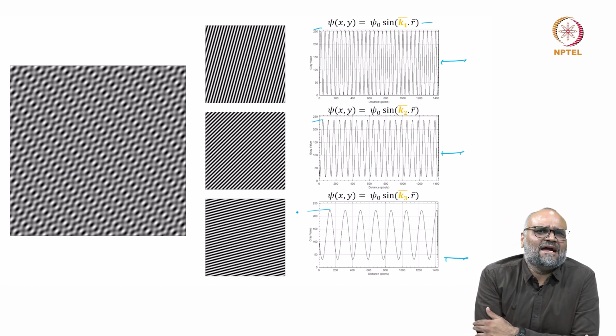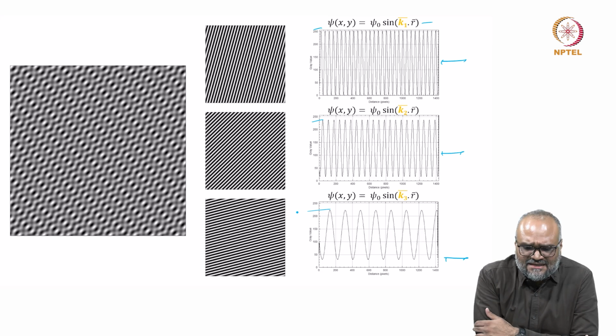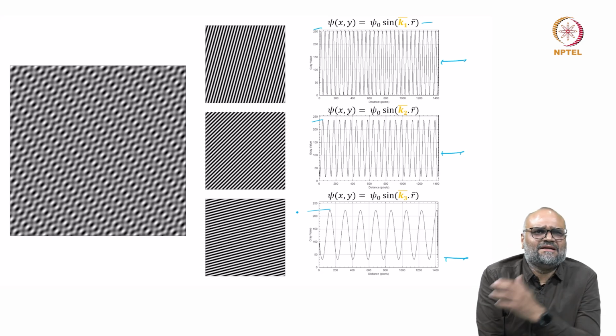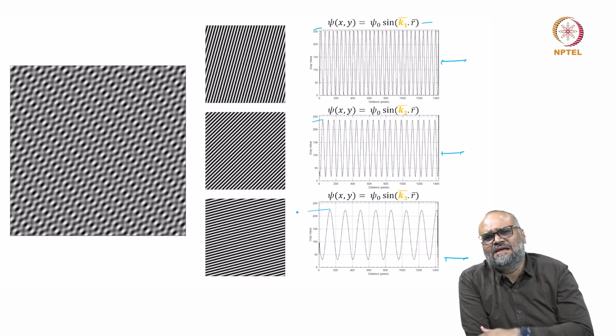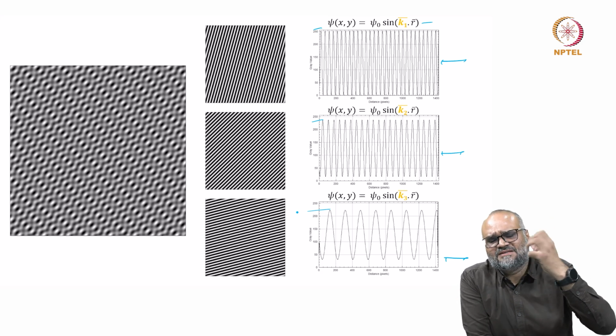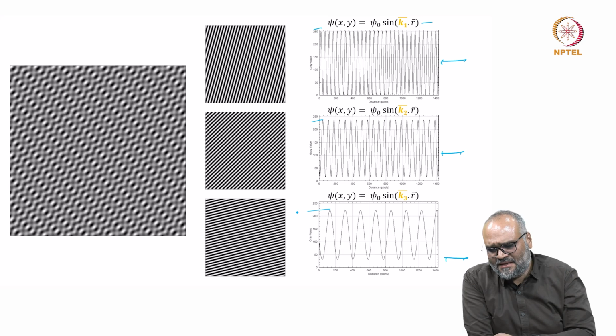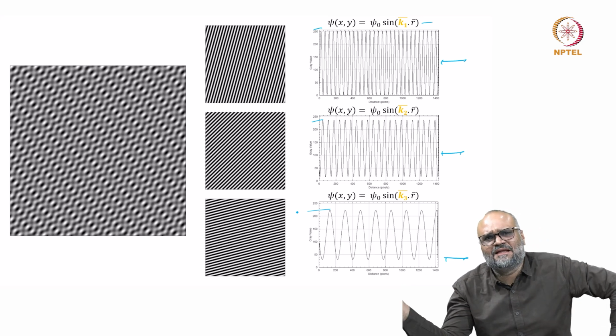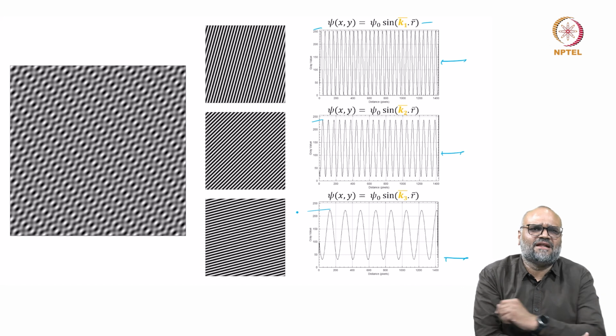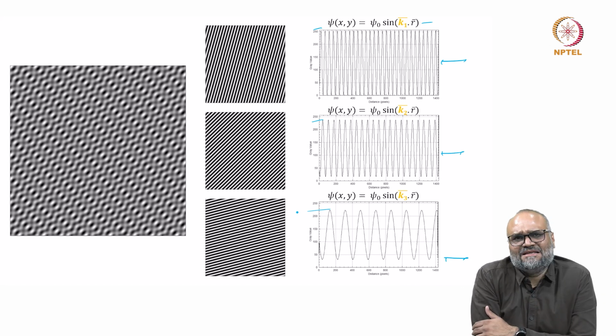Now, this knowledge I can extend to any image that I see, and I obtain what is called a Fourier transform at the back focal plane. So when I take an object and pass it through a lens, at the back focal plane I get the Fourier transform of the image, and then from the back focal plane, when I take it back to the image plane again, I take an inverse Fourier transform. So with this, I'd like to conclude this particular lecture